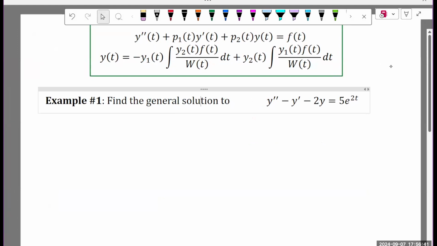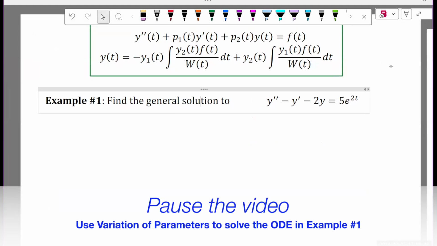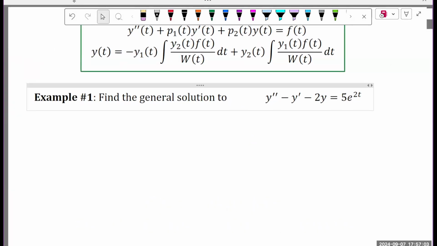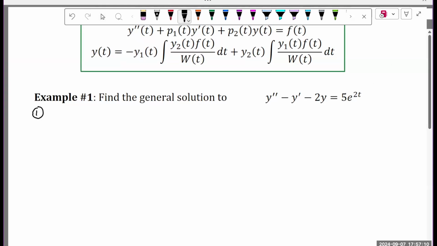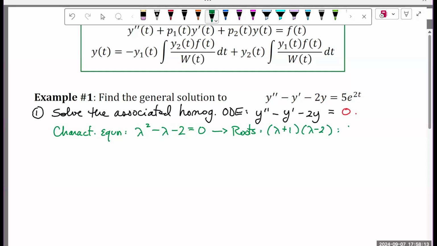Before I talk through the application of variation of parameters in this case, I encourage you to pause the video and try to solve this yourself. All right, how do we find the solution using variation of parameters? Step one is that we have to solve the associated homogeneous differential equation, something that you've just had a lot of practice doing. Using our characteristic equation method, we find the following: that the roots of the characteristic polynomial are